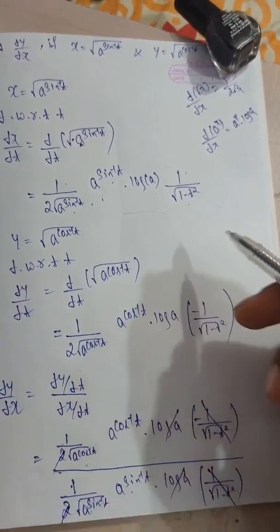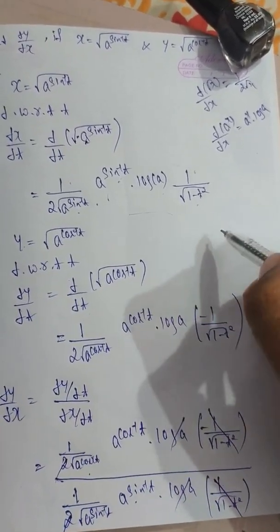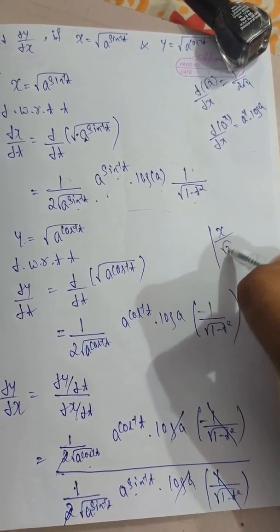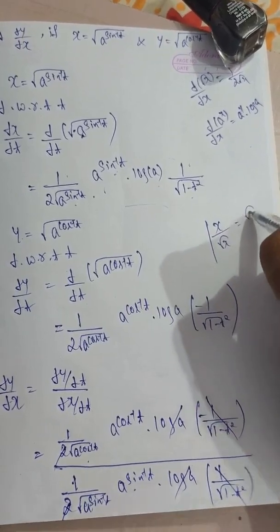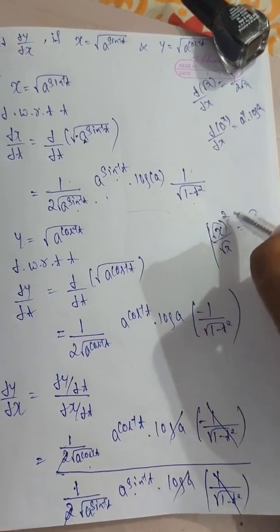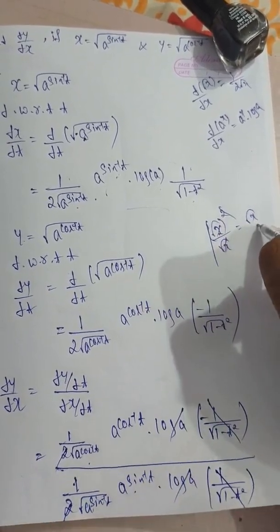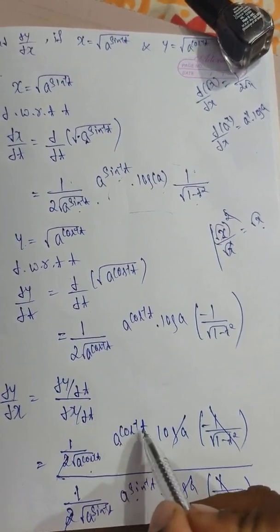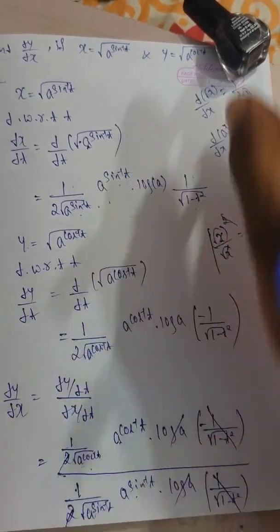So one thing you want to remember here: if you have x by root x, you want to write x as root x whole square. Here root x cancels, we are left with root x. Like that, a to the power of cos inverse t by root of a to the power of cos inverse t is